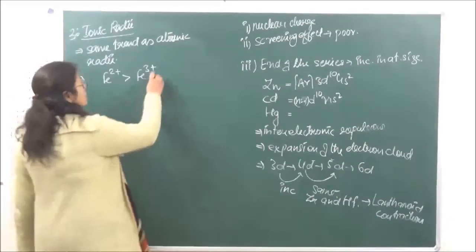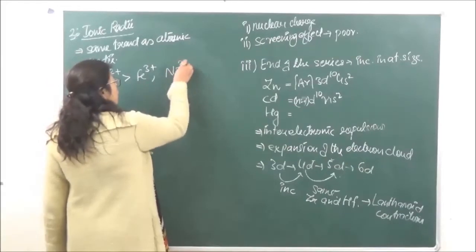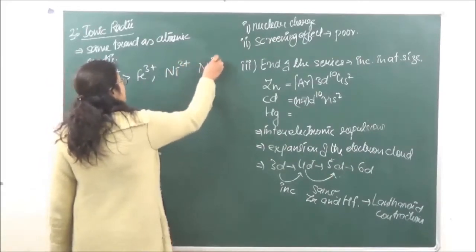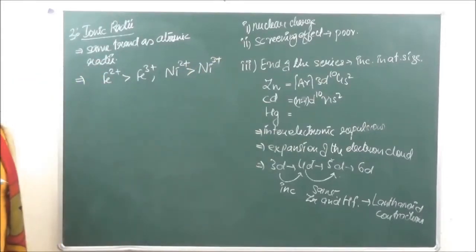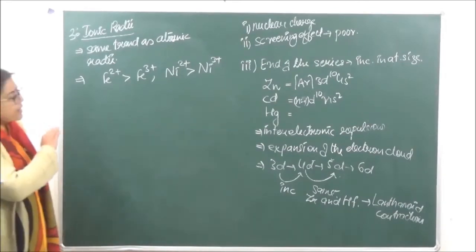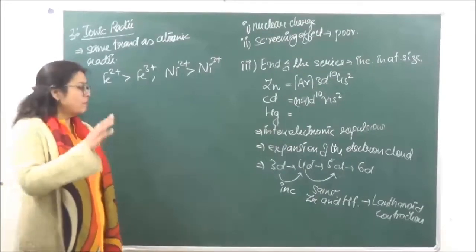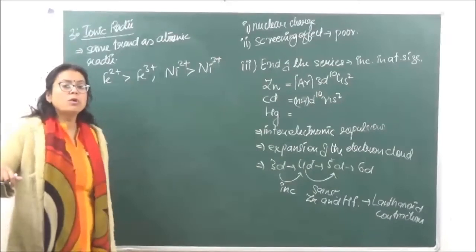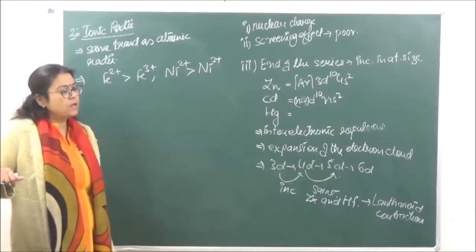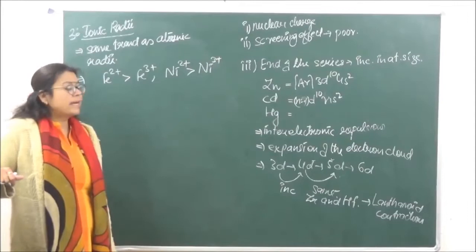Same is the case if you're talking of Ni2 positive and Ni3 positive, the ionic radius of Ni2 positive is going to be greater. ठीक है? और अगर हम लोग आयनिक रेडियाई बोलेंगे अगर सेम ऑक्सीडेशन नंबर है तो in that case it will follow, even if it is going down the series, that is we are traveling from 3D to 4D to 5D to 6D, it is going to follow the same route as we have done in atomic radius. So there is no change in the characteristics.